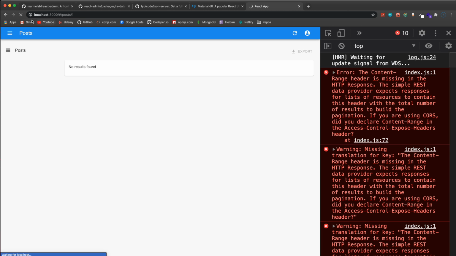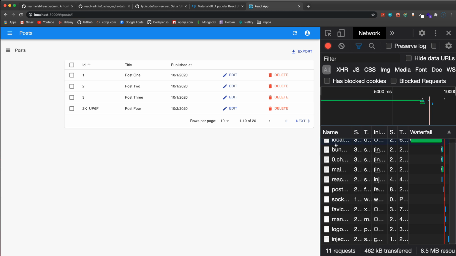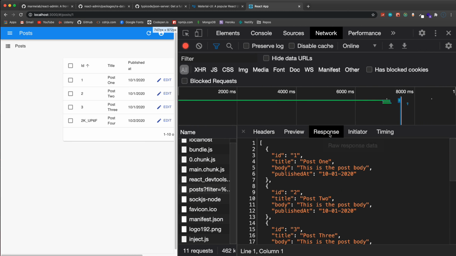And now this should go away when this reloads, and we should see our posts. Yep, so now we can see our posts, and it says 1 through 10 of 20. Again, it's just a number that I threw in there, but normally you would check that in your database. Okay, and if we look at our network tab here and we look at posts, we can see the response,